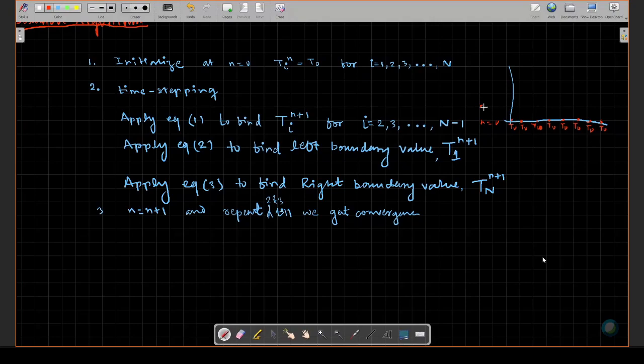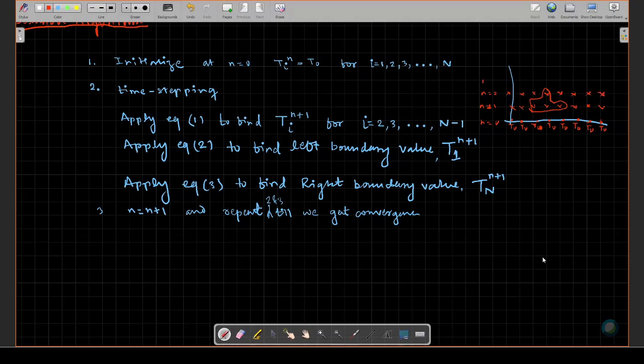And at n plus 1, meaning n equals 1, you will calculate from these values, all these values. So these values will be known at n equals 1. Now with these known values, you will calculate the n equals 2 values. With these values, you keep on calculating using that stencil as I have drawn. You understand my point?